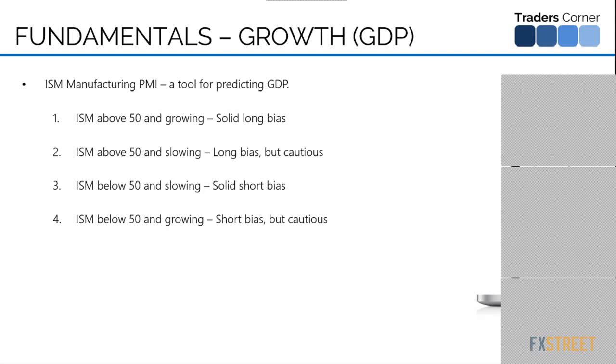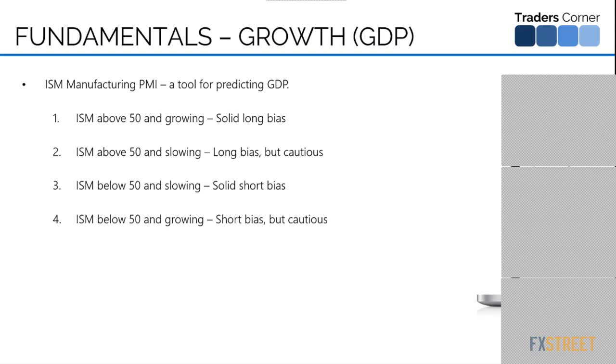See, it's important to understand that a lot of the time, the individual numbers that come out aren't important. What's important is the trend, and it's the trend of numbers that's going to help you predict where the longer term moves are going to manifest themselves. You know, whether you're going to be looking to go short some of the growth currencies or whether you want to be going long. And a basic, very generic guide to this is with the ISM manufacturing